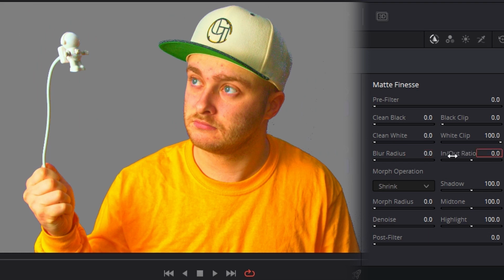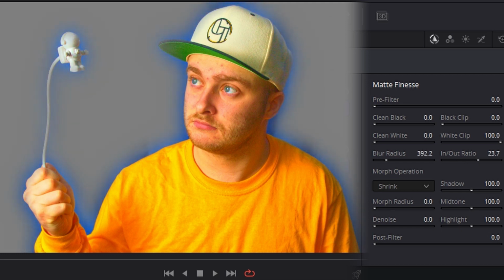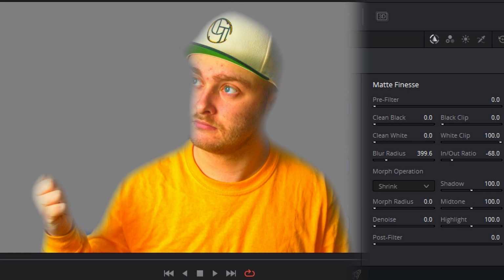In-out ratio tells blur radius where to do its work. If the number is 0, the blur will be applied evenly inside and outside the edge of your matte. If it's above 0, the blur will only affect the outside of your matte edge. And if it's below 0, it'll only affect the inside of your matte edge. This can be super useful if you need some blur but don't want to have to deal with that feather